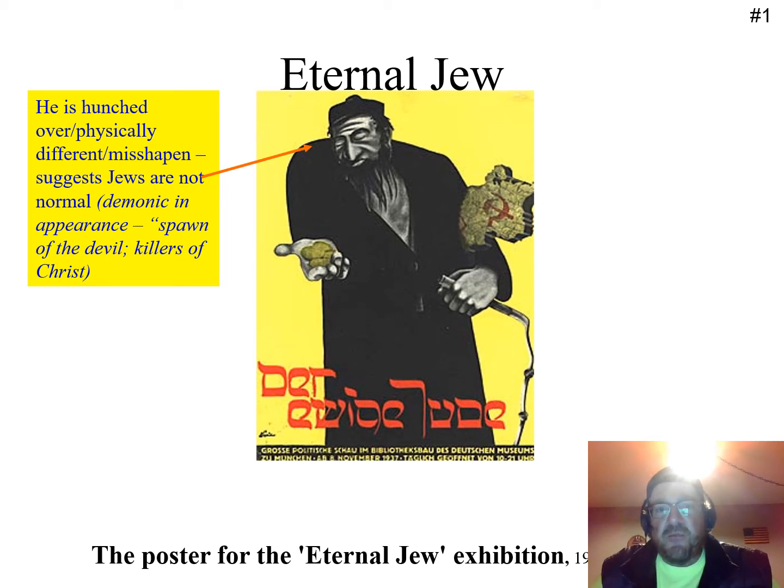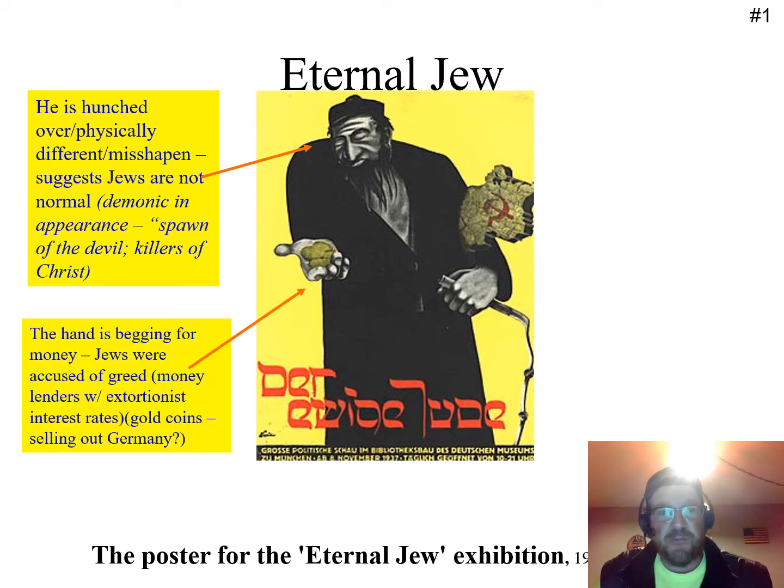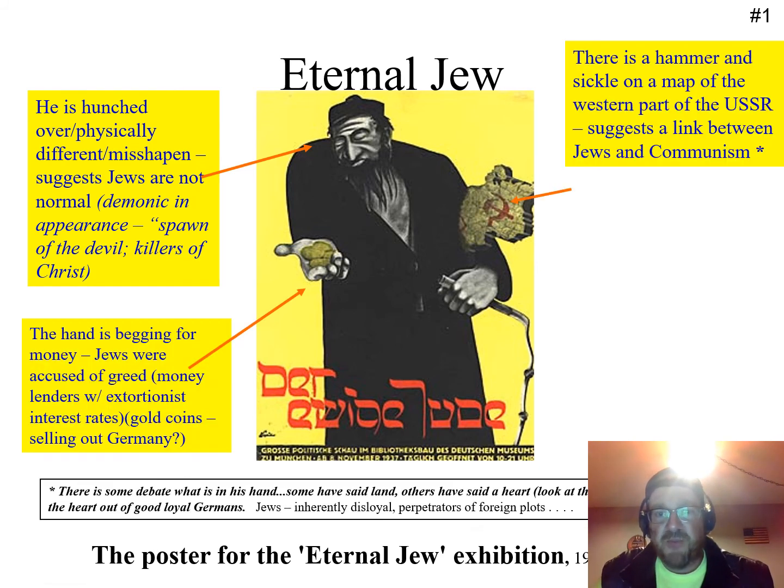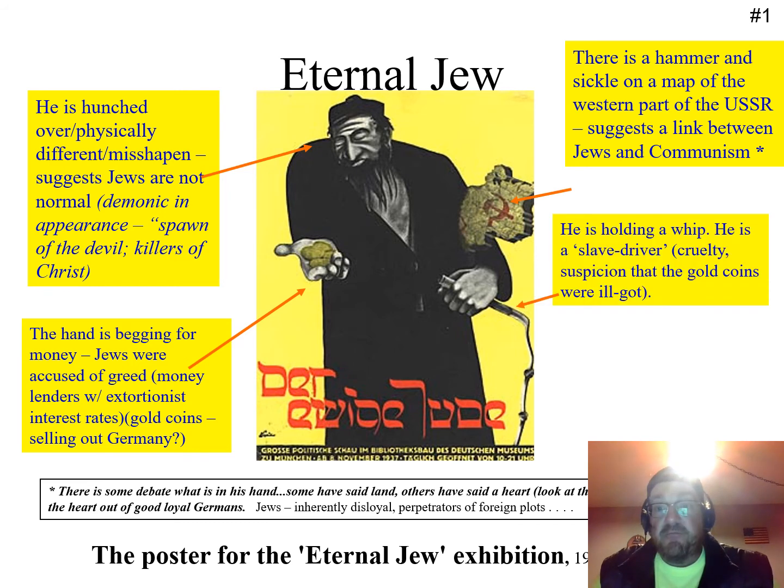Jewish, the Jews would have been the big bankers at the time. And you can see they would have been the money lenders, that type of thing, holding a whip. Almost this whole thing almost looks satanic, demonic of some sort. Okay, but these would have been a perfect example of how the Nazis viewed the Jews and how they would get the German people to view them as well.